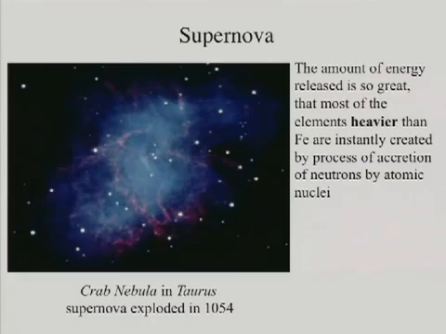The amount of energy was gigantic, and this is where all the elements heavier than iron are created. Now remember I said iron is the element that's most tightly bound. You cannot add anything to iron. You cannot add to it or subtract from it and expect to get any energy out. But if the star is exploding and you have a ton of neutrons that are free as the material disintegrates,